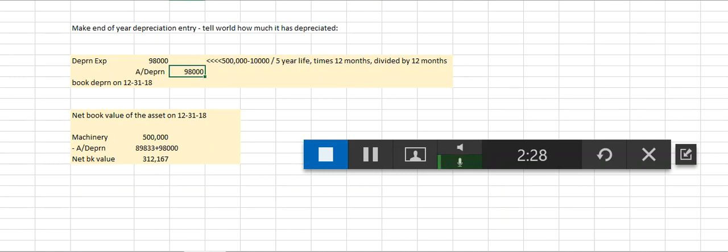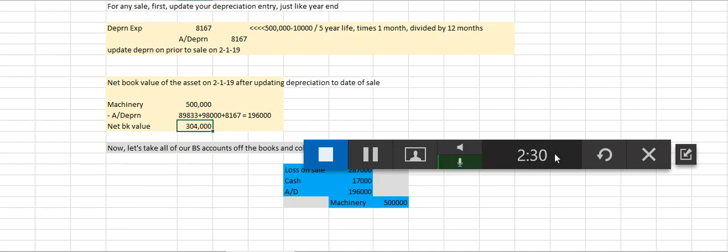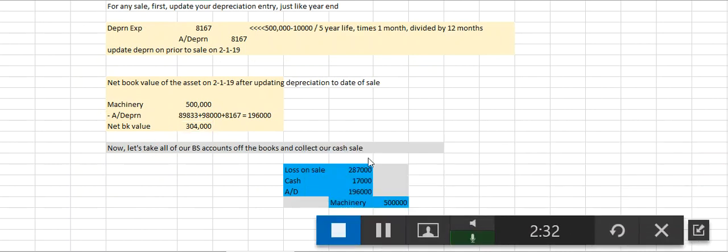value. And then on 2/1, we're actually going to sell the thing. So since we're actually going to sell the thing, we need to react to the fact that from 12/31 to 2/1 is 1 month, the month of January. So we take, again, 500,000 minus 10,000. It's straight line, so we're factoring in residual value. Divided by 5 years, that's a year's full depreciation. But it's just 1 month, so we multiply by 1 month, divide by 12, and we come up with 1